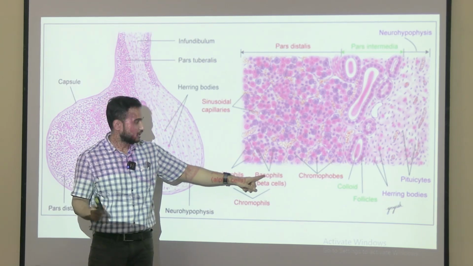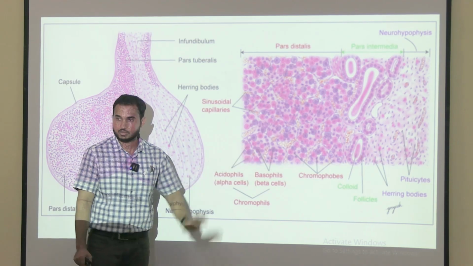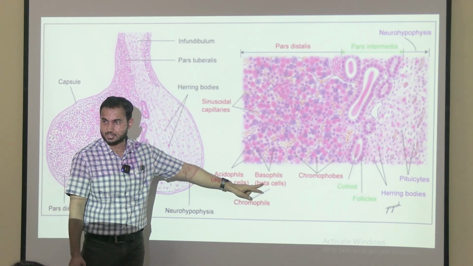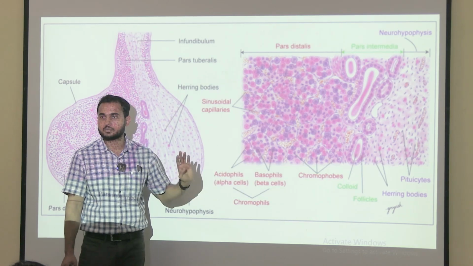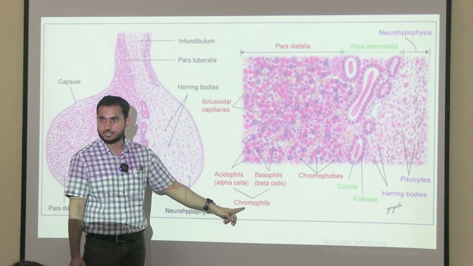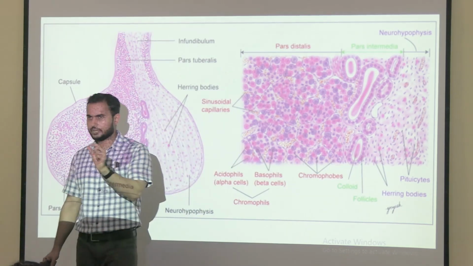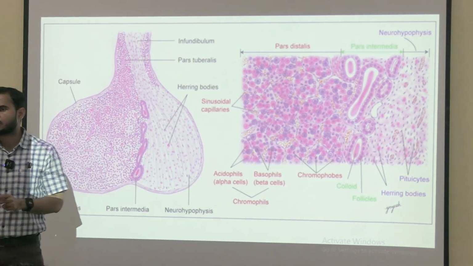Purple or blue in color. So you can see purple or blue in color. Okay, like this we can identify which are acidophil cells and which are basophil cells. If it looks like this, what does it mean? These are chromophil cells. Okay, and chromophobe cells you can see are very small, and granules are not present,